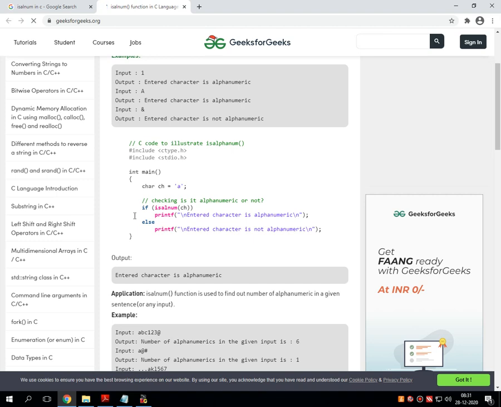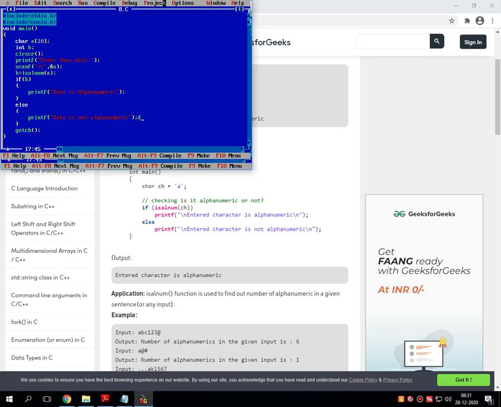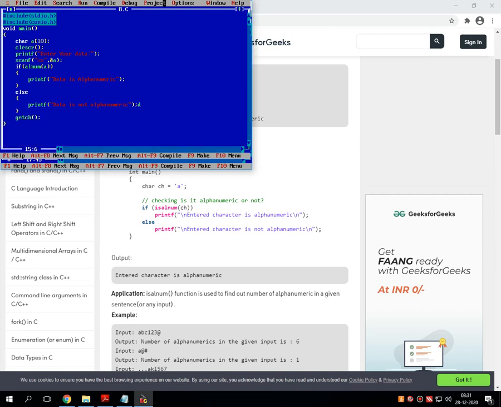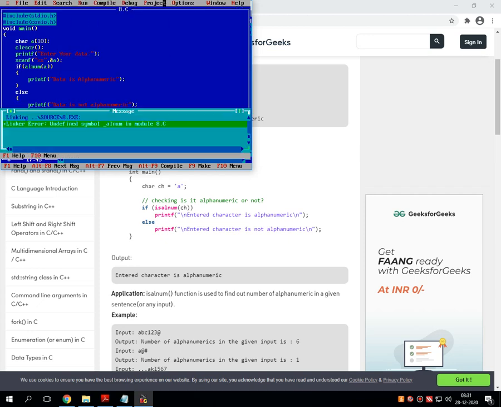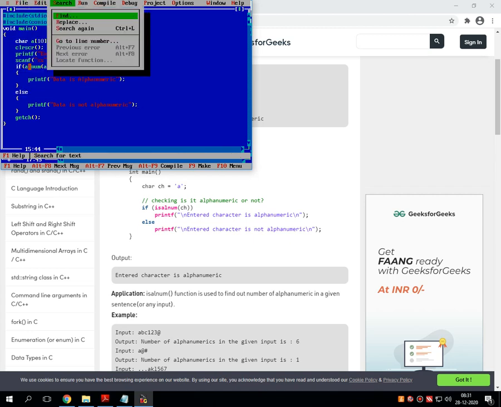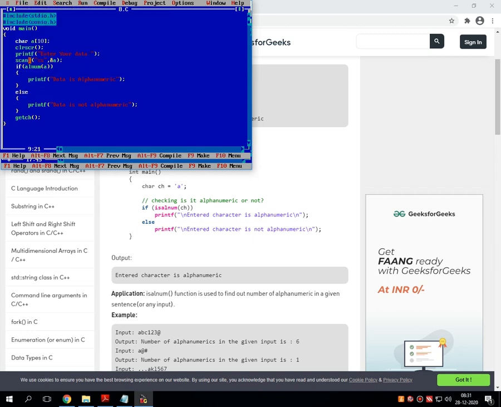Checking alphanumeric. Okay, to change one thing in this program, I am removing this integer and directly putting the function called isalnum, passing the variable in this if statement. isalnum is a function.